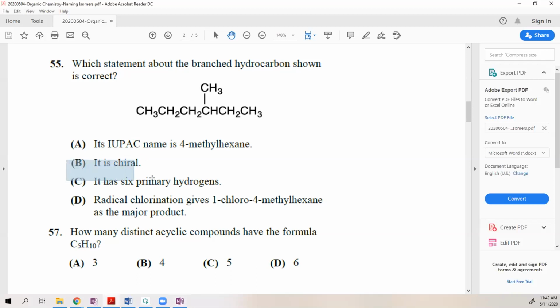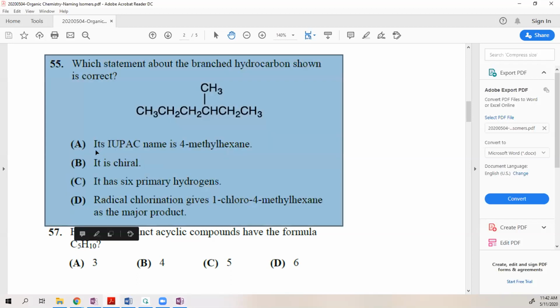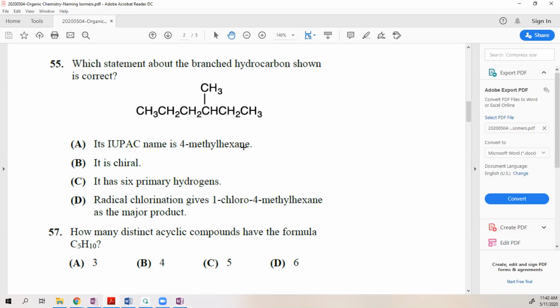And so our answer is actually B. This compound is going to be chiral. So which carbon do you guys think is chiral? Is it because if you were to flip it and move it so where the branch is the same direction now, that top carbon would now be on the bottom? So it's not necessarily that if we were to move it that it would be branched, but if we look at that carbon here,